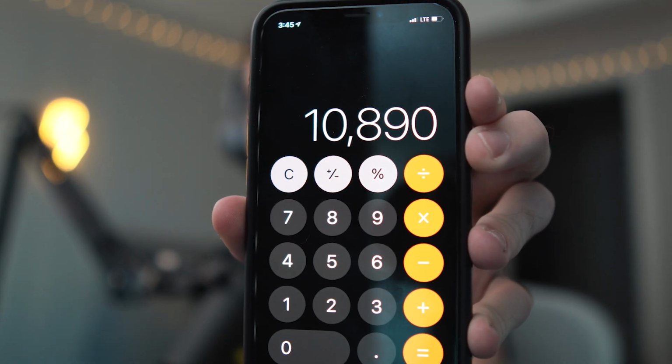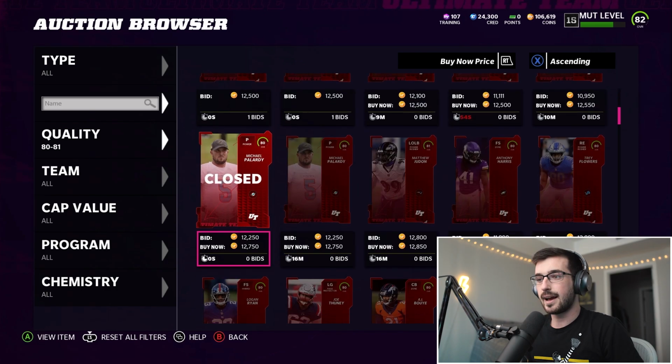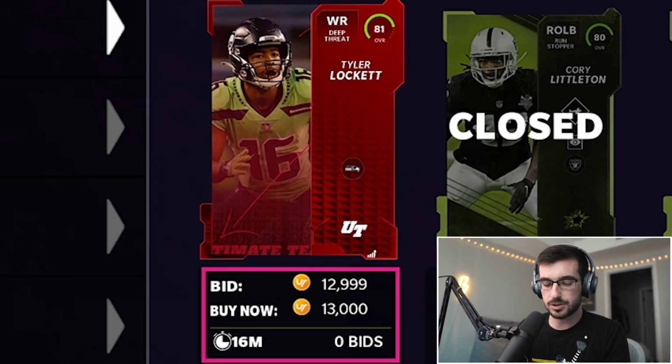Our break even is 10,890 coins. So basically we're going to look for cards around 10,000 coins and less if we can. That'll give us at least an 800 coin profit. And for the 81s, all we need to do is 13,000 times 0.9 and we get 11,700. That means we're going to look for cards around 11,000 for 81 overalls and we'll be able to make at